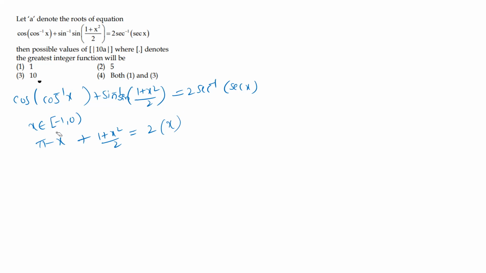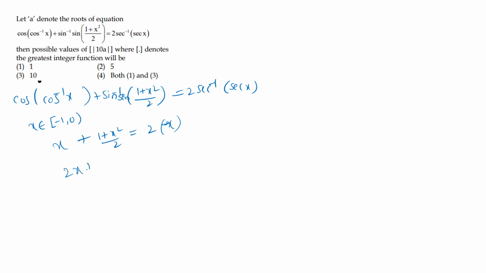Now if you take only, for example, the positive term. When you take a positive value, what values will come? Only x we can take. Take LCM: 2x plus 1 plus x square is equal to, here any negative or positive values we are taking. Now in this, when we take the left side negative, what does it become here? A minus term, value-wise. That means we can't substitute a value now. For example, if you take any one number in between -1 to 0, the number is in radians. Converting to degrees, it is more than that. That's why the minus will come.